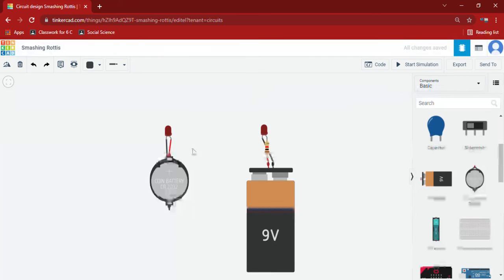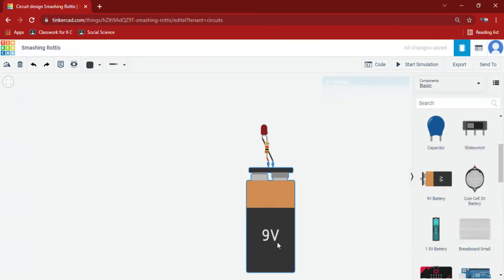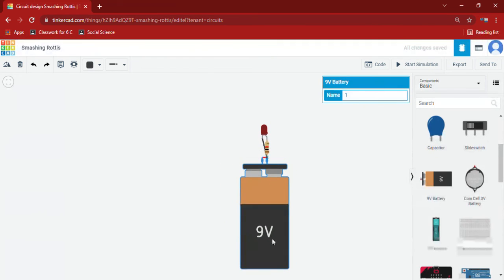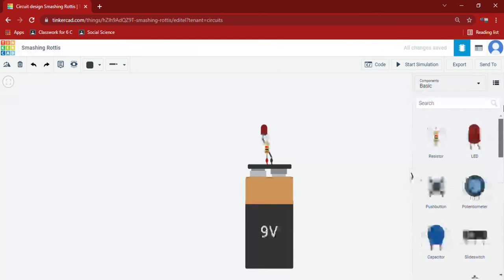Now we will delete both of these, and now we will use a switch. For that I am taking this resistor, deleting this wire and this wire.